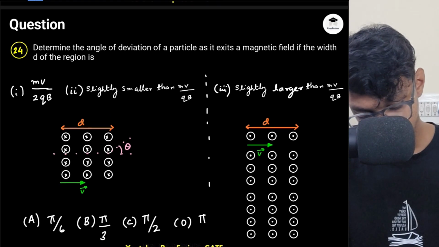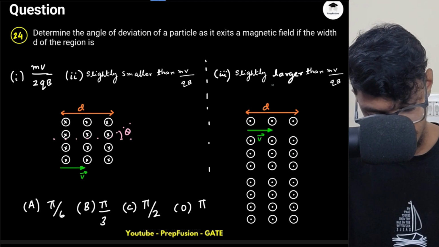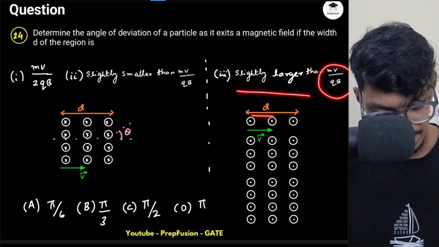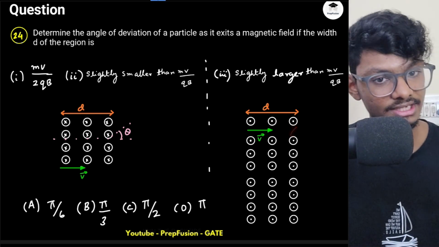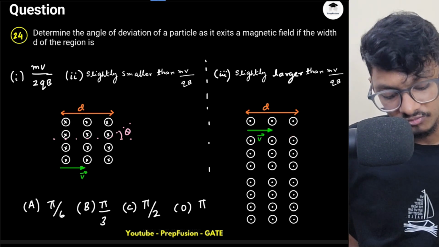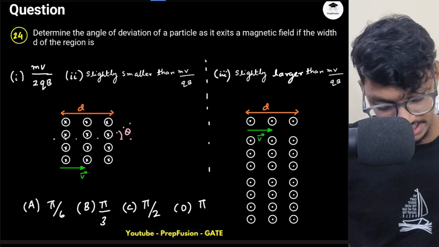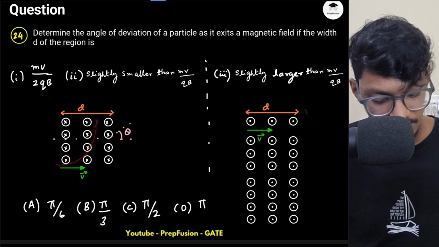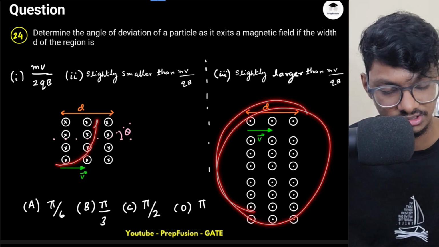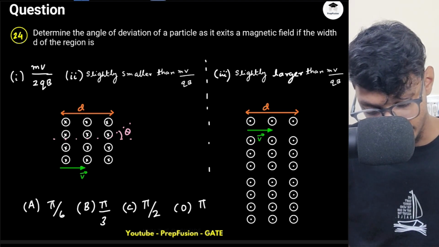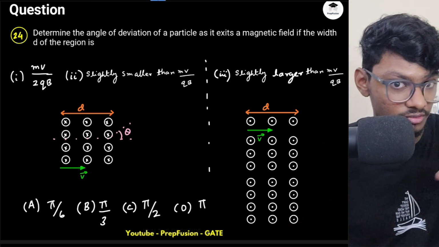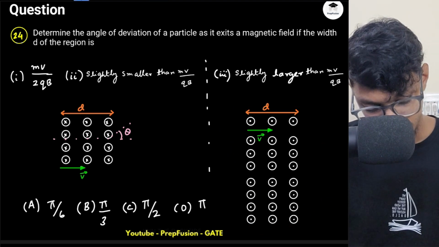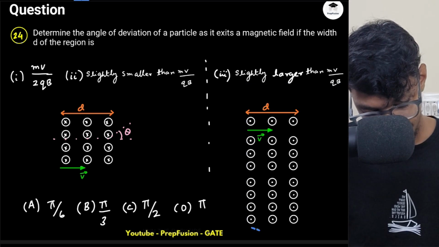So next case, if your D is slightly larger than mv by qB, then what will happen? And this time the arrangement is a bit different. Now the particle was flowing in this direction. Can you tell me in which direction the particle is flowing? So you have to identify with the picture also, in which direction the particle is going. Okay, so here if I just copy this thing,